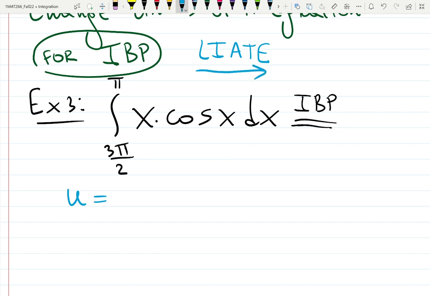Algebraic. See, we're very close. Algebraic comes first, so x is a good choice